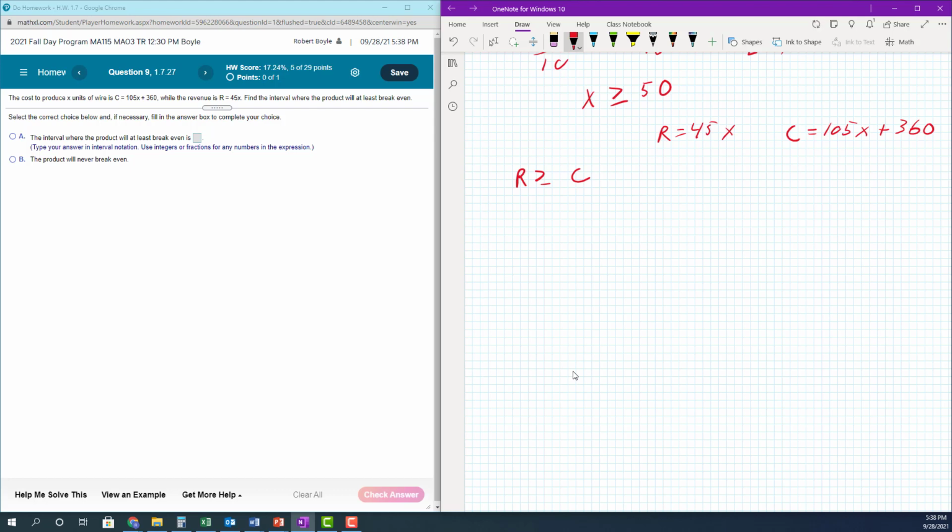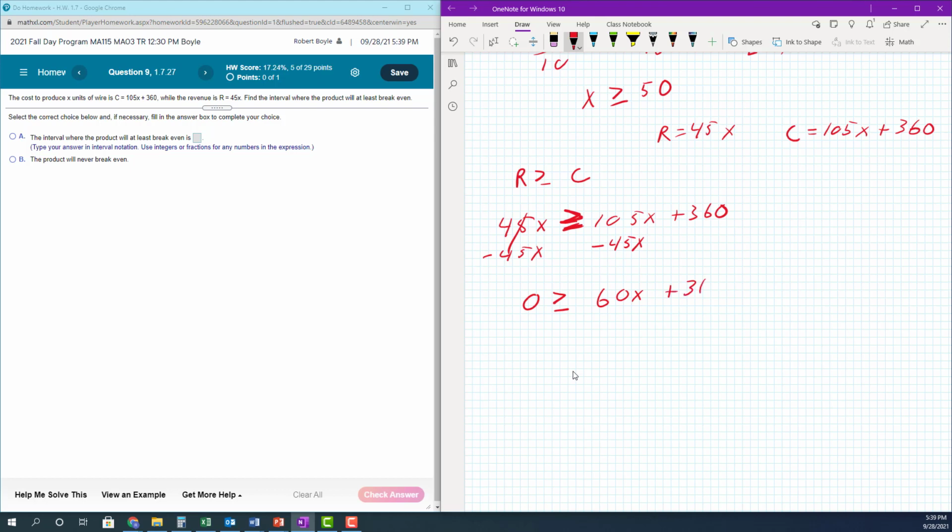Here we're going to do the substitutions. We have 45x is equal to 105x plus 360. No, I'm sorry, it's going to be greater than or equal to. And we can subtract, well, I want to keep positive coefficients, so I'm going to subtract both sides by 45x. And then I will have, these will cancel, I'll have 0 is greater than or equal to 60x